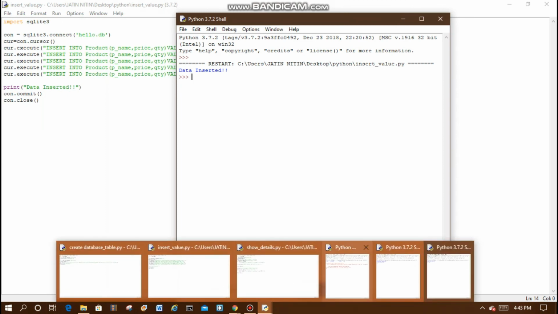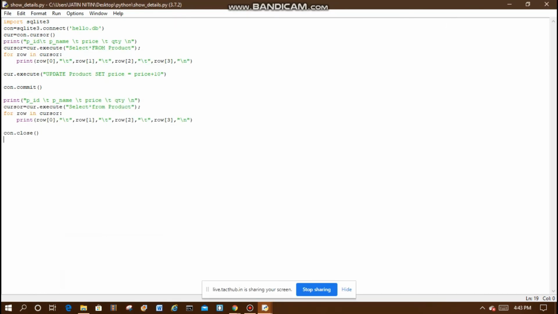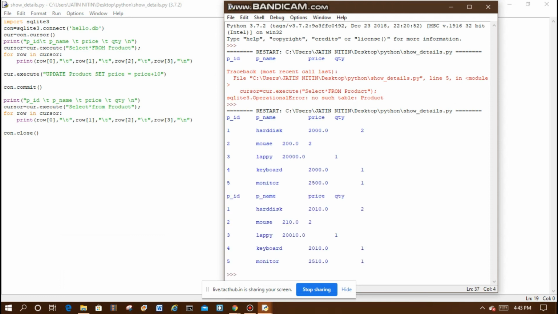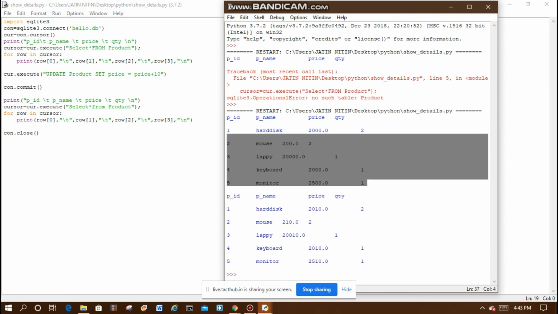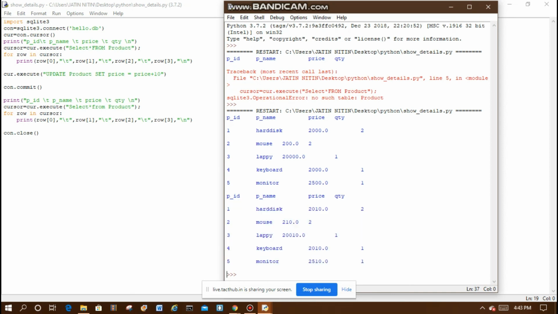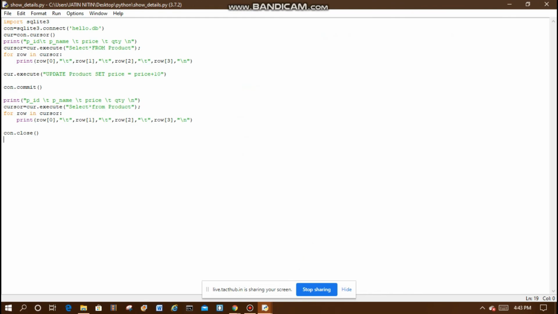Now we have to show the details, and the details are these. So this is the price before the increment of 10 and this is the price after the increment of 10. So I hope you understand this whole program, database connection to Python.